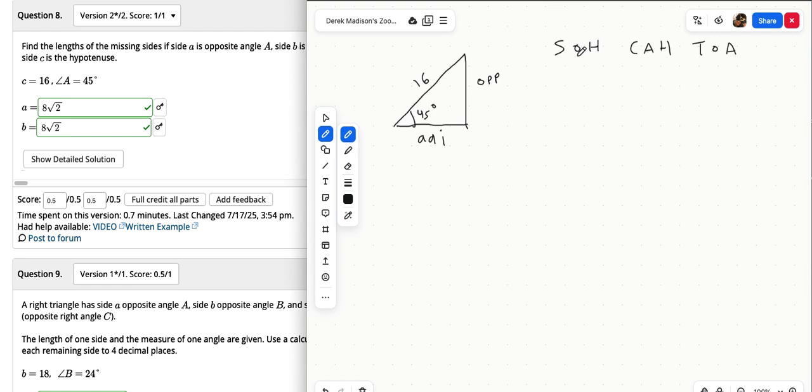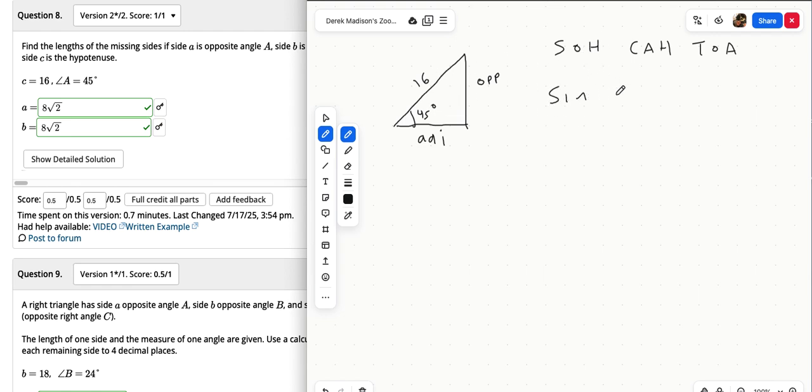If I use sine, I'm going to get the opposite side. If I use cosine, I'm going to get the adjacent side first. And I can do either of those. In this case, because it's a 45, they're equal. So once I do one, just like you got over here, that means I have them both. But if this had been 43 degrees, for instance, instead of a nice number like 45, I could do sine, and that would give me, again with the hypotenuse,